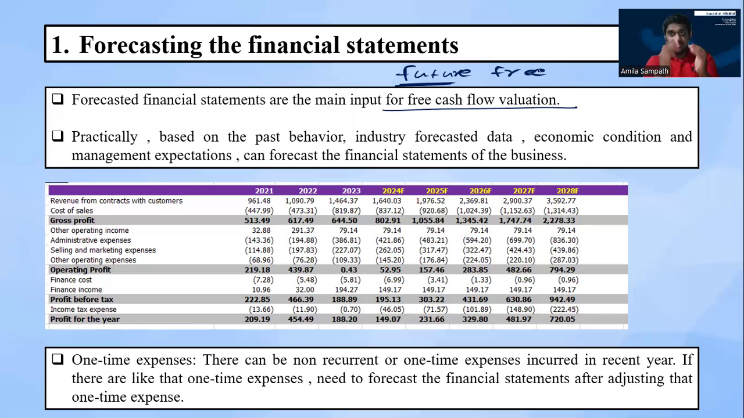Okay, for that purpose, definitely we should forecast our company financial statements, including the profit and loss statement. We should forecast our P&L, then our balance sheet as well as our cash flow statement. Then based on these forecasted financial statements, we can calculate the free cash flow. Please keep in mind, you don't need to forecast the financial statements for your examination purpose. Definitely your examiner will give forecasted financial statements, but